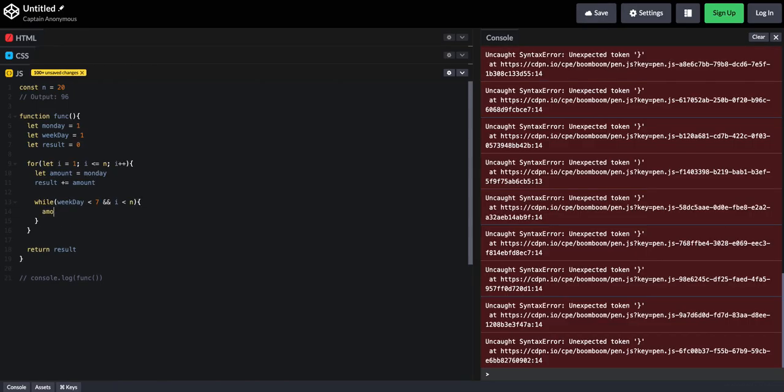We'll say amount plus plus, so we're incrementing amount from what Monday was. Then result plus equals amount. And then we're going to increment weekday, so we can keep track of what day we're on. And then we're also going to increment i,